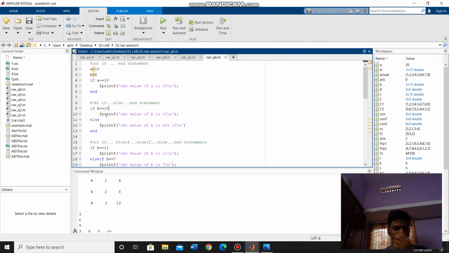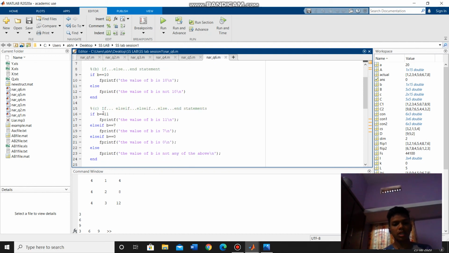Else is nothing but it is checking the if statement. If the if statement is true, then it prints the statement. If it is not true, it goes to else and it prints the statement in the else block. And similarly, elseif is checking each and every statement. If the above statement